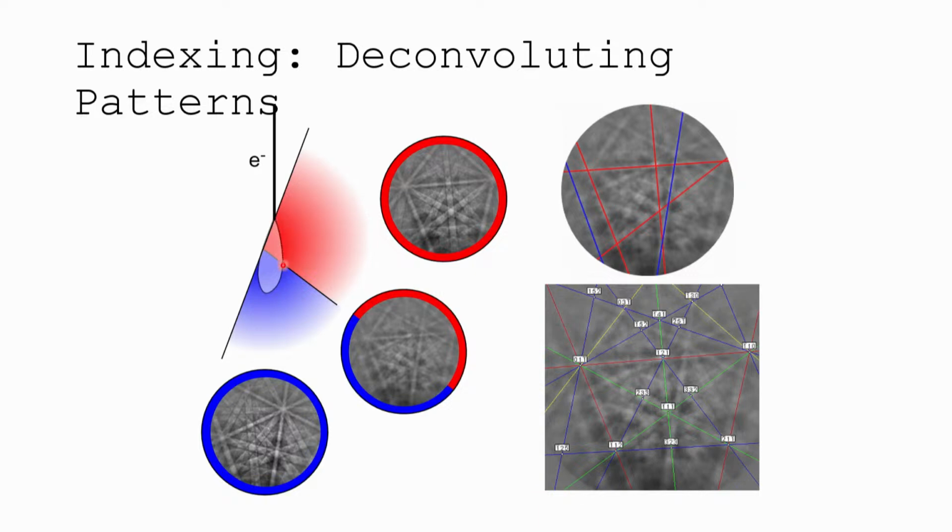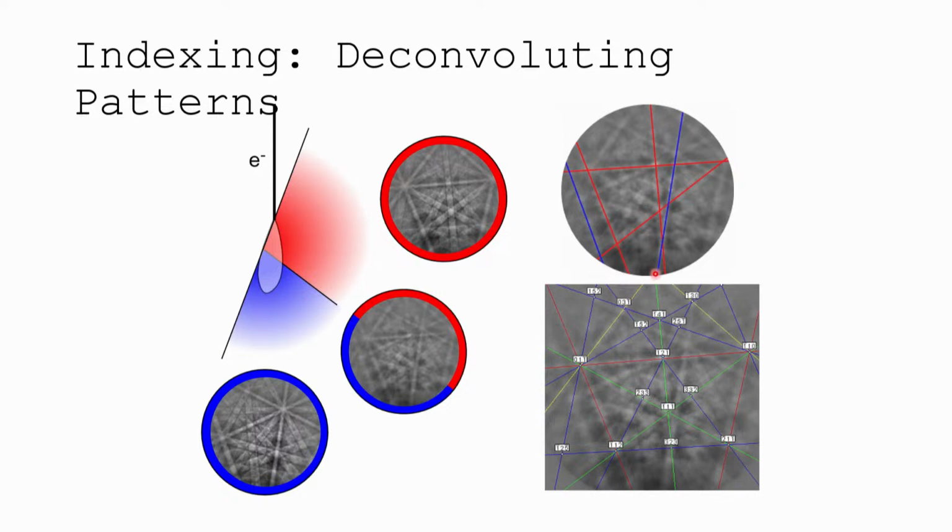So your beam comes in, it diffracts, it hits a grain boundary. This is the red orientation, this is the blue orientation, right? Red and blue. And it's giving you information from both grains. Here's a nice one where, if you look at this pattern, you can see elements of both in this convoluted pattern. So we try to figure out how to deconvolute that, and there are a lot of strategies. Usually what will happen, if you're doing Hough indexing, is whichever one gives you the most bands wins. So if you get 4 bands from this one and 3 bands from this, it will assign this orientation to it, right? But it has a way of doing its voting. It has a way of analyzing it and knowing, okay, those are bad bands, we'll just ignore those, and we'll analyze these bands from that